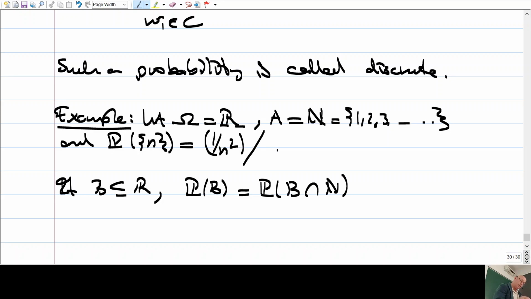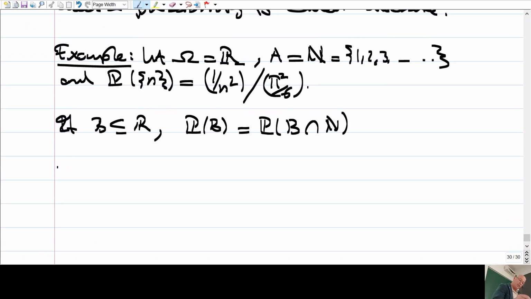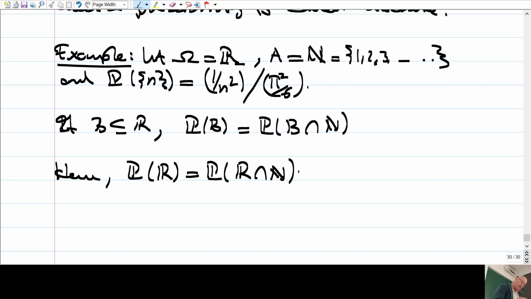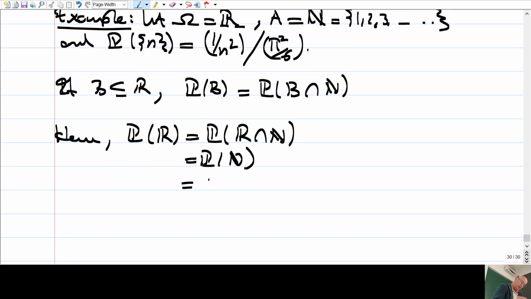This should be divided by pi squared over 6. Hence the measure of the set of all real numbers is the measure of the reals intersected with the positive integers, and this is